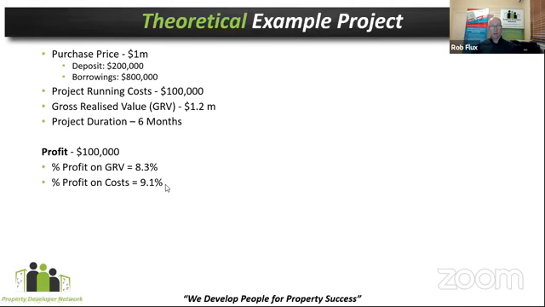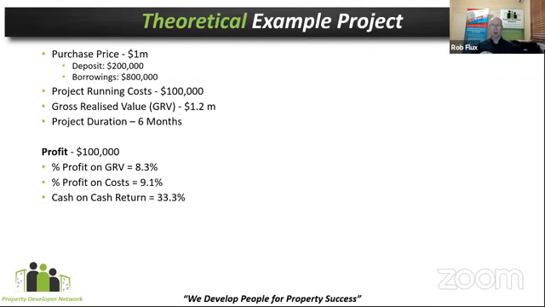Let's take that a little bit further and say, what is the cash on cash return? In this instance, the cash that went in was the deposit, $200,000, the running cost of 100,000. So it's a total of 300,000. Our profit is 100,000. So it's 100 divided by 300,000 is 33% return. So again, exactly the same, 100,000 cash. And yet somehow we've gone from an 8.3% return to a 33% return. And so, depending upon who you are and how you actually measure that, that can be quite different in the result.